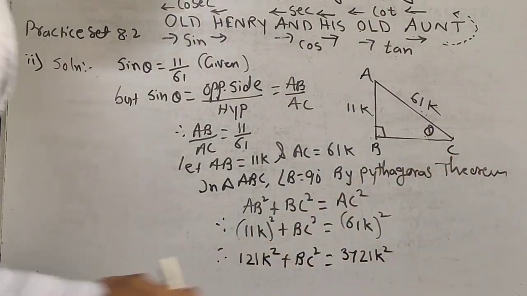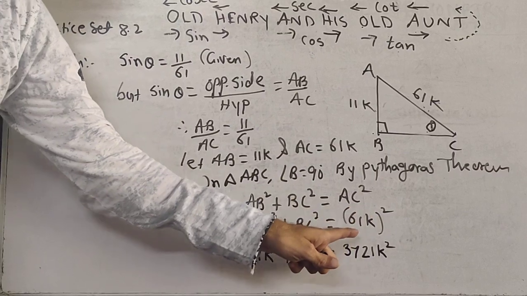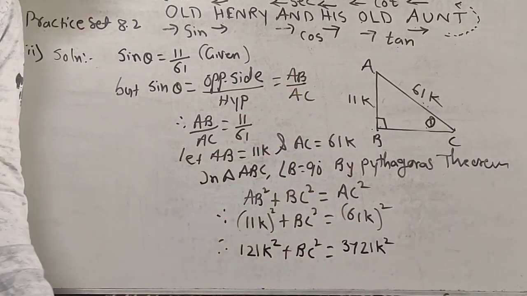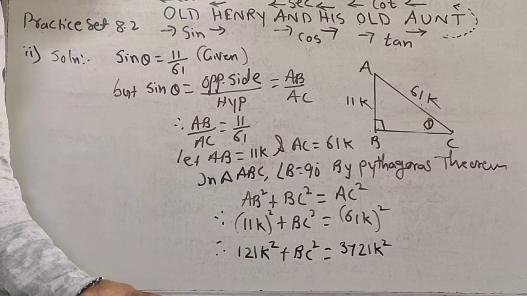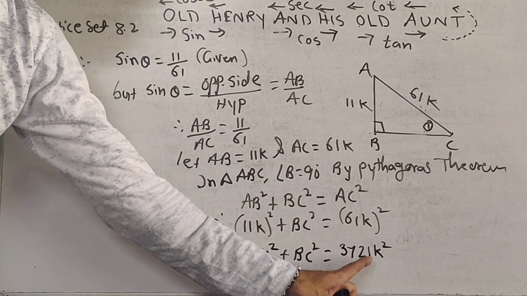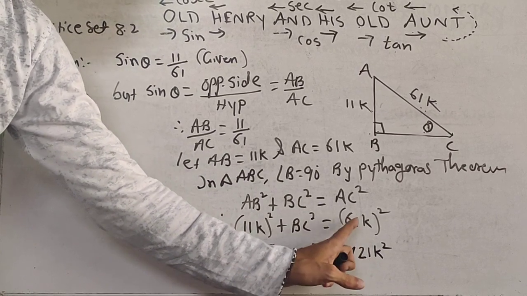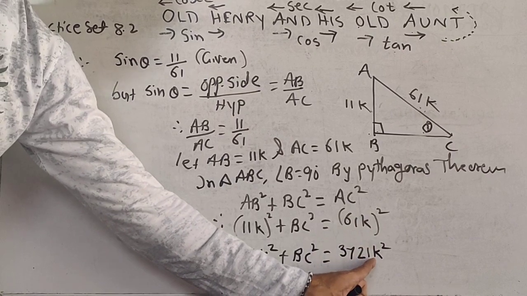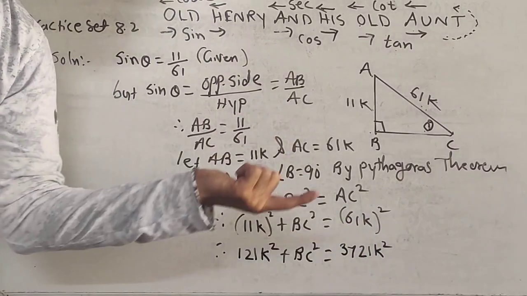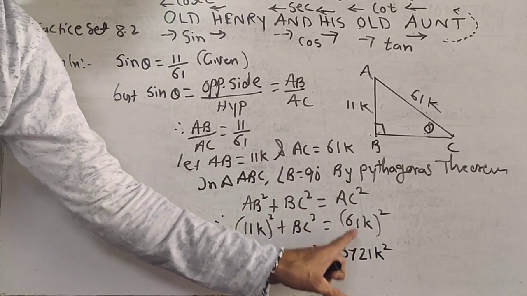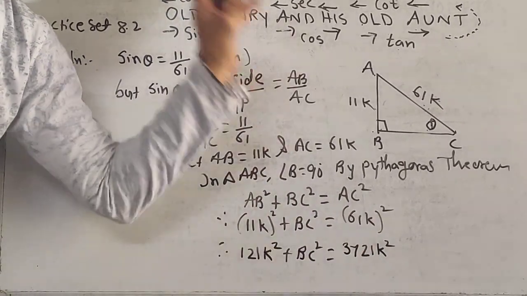So 61 square you will get 3721 k square. K is there, so k square will be same. Okay, so very easy for the unit place. 1 you can do the square. 1 का 1 same, once again I am repeating, 1 का 1 same लिखने का, 6 का डबल करने का, whatever number is there here you have to double it. डबल कर दिया, 6 का डबल होता है 12, 2, 1 कैरी.